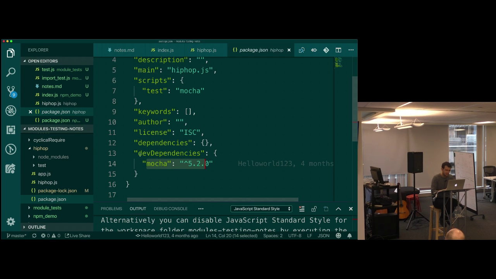Now I have Mocha in here as a thing called a dev dependency. A dev dependency. It's a dependency that is only needed for development purposes. I don't want to dive into this right now, but I'm going to put a note in the notes that I'll send out if you want to do some extra reading, but it's not at all required for you to understand what the difference between this and a dependency is right now.